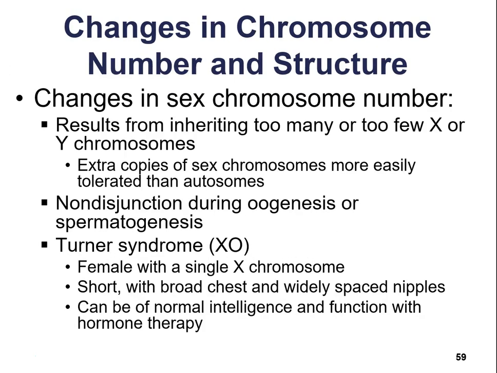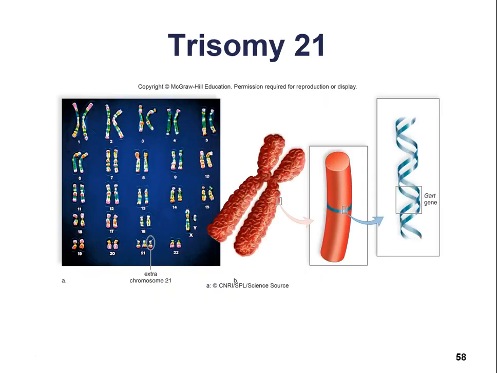This is particularly showing you that this one gene that exists on this chromosome, don't worry about that, okay? This GART gene, it says. So, yeah, I guess there have been studies that have shown that this one particular gene is one of the genes that's a major player in many of the characteristics that you see in Down syndrome, because basically having an extra copy of this gene, right,